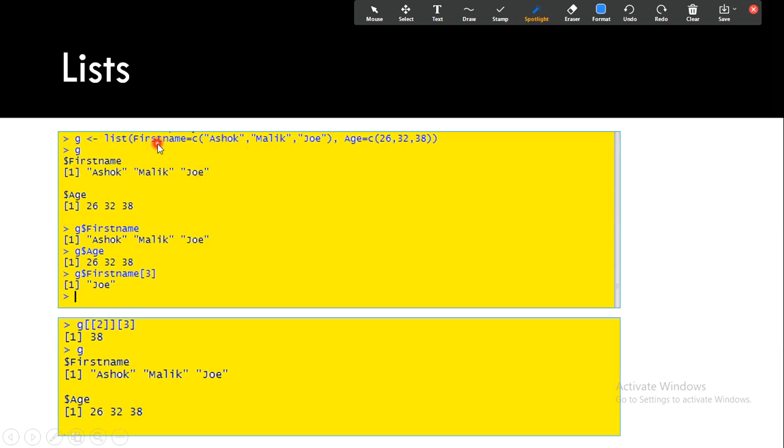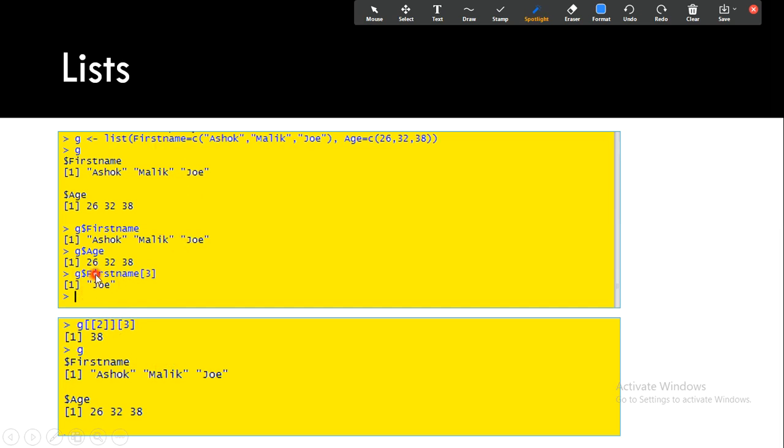And if you want to access only the first name, if you give G dollar first name, you can view all the names. You don't have to use the index values. If you want to see all the first names or all the ages, you can specify the column name here. And if you want to access a specific person's name from this column, if you give first name 3, it will give you this one.